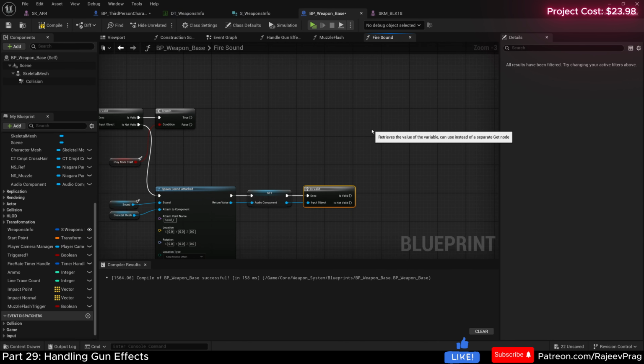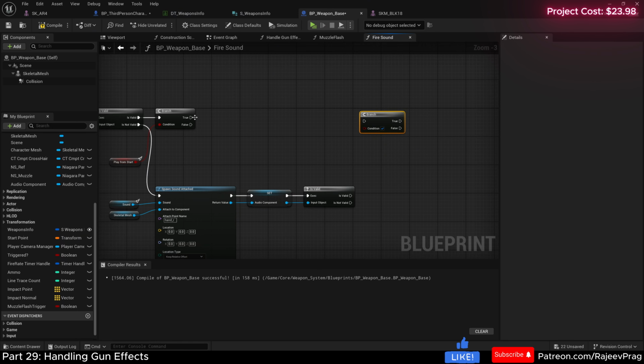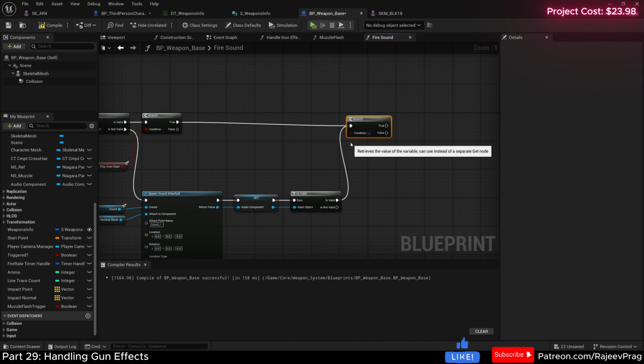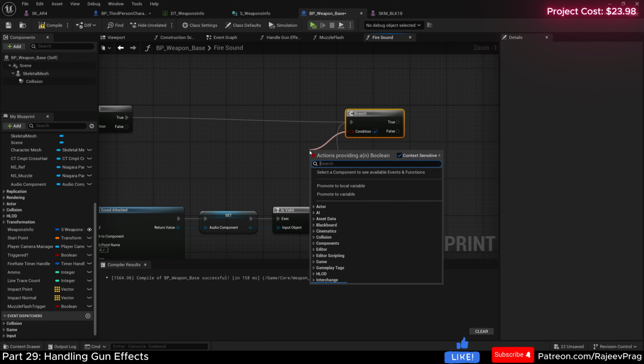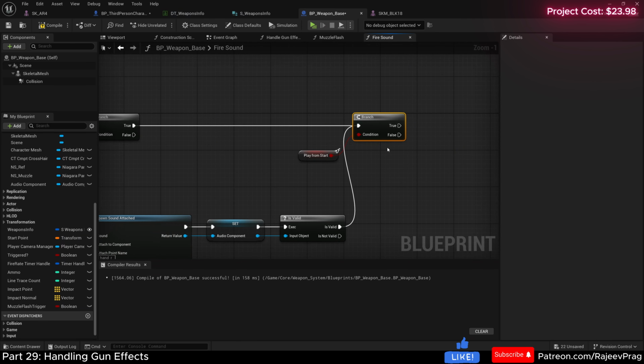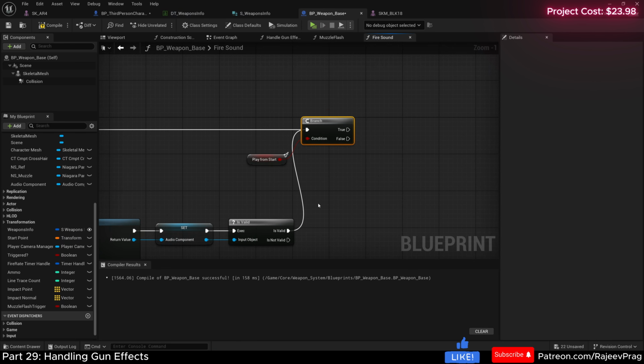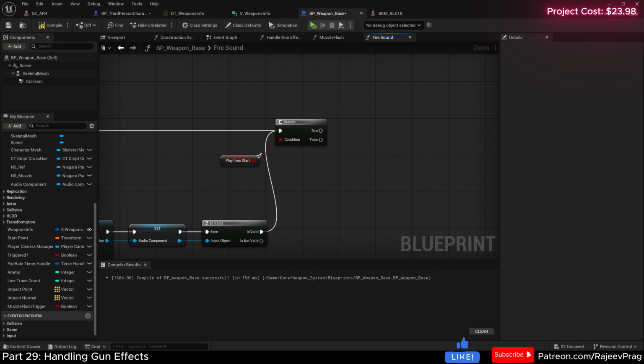And we want to connect this to a branch. And here, if it is play from start, let's connect the true to this branch. And also if it is valid, connect this to the branch. And then connect this condition to get play from start. And if it is play from start and this audio component is valid, then we're going to go ahead and